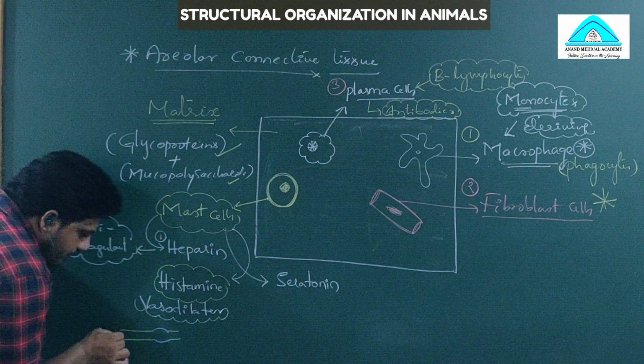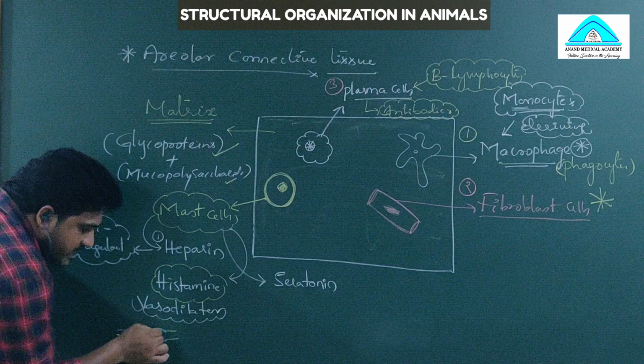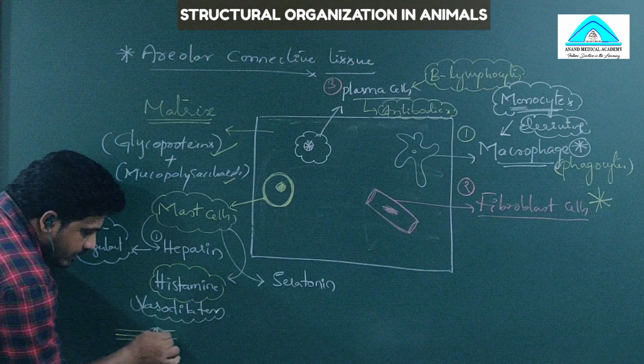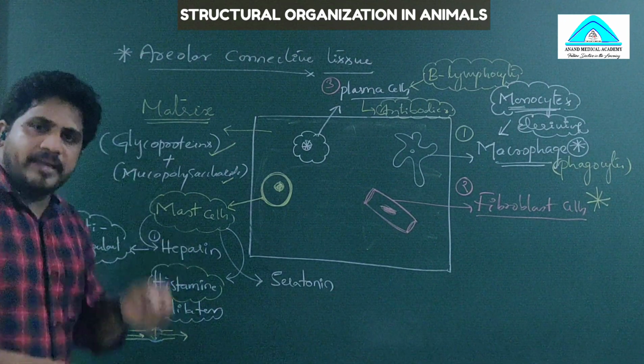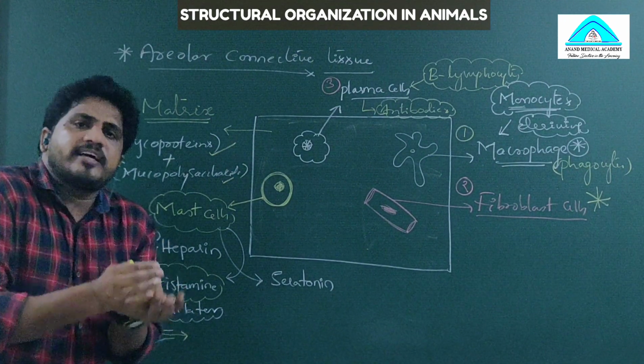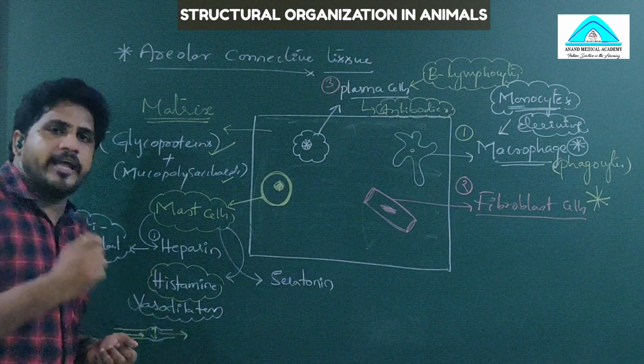So the blood that flows with a certain pressure will decrease in a particular region, and again it will be normal. So vasodilator means by increasing the space of the lumen inside the blood vessel, the histamine helps to decrease